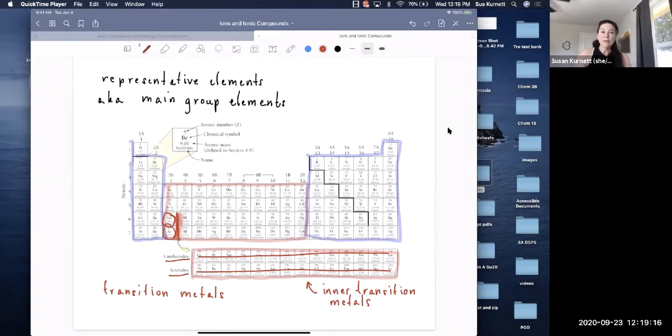Okay, so for the thing we're talking about today, which is how many electrons are gained or lost, we can only know that based on position on the periodic table for the main group elements. And if it's a metal, it loses electrons to be like the previous noble gas. And if it's a nonmetal, it gains electrons to be like the noble gas that's coming up.